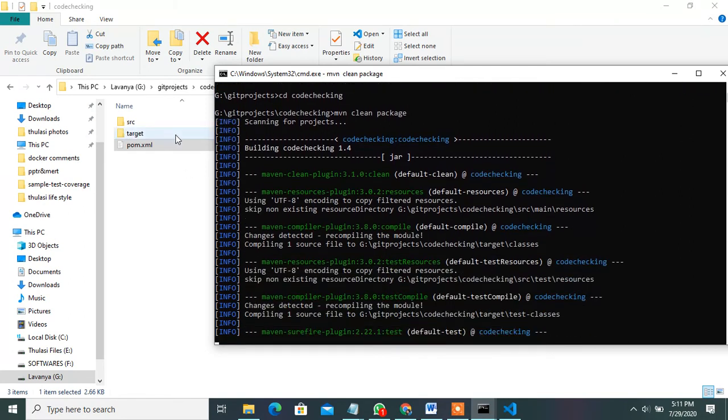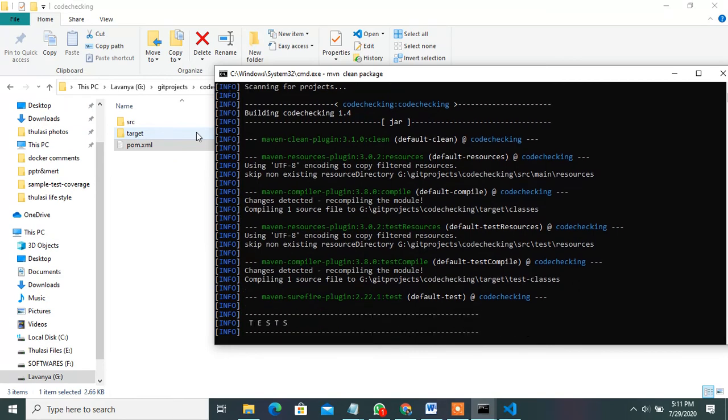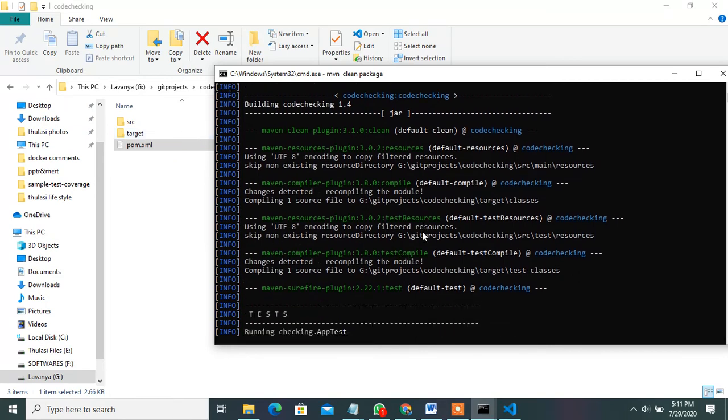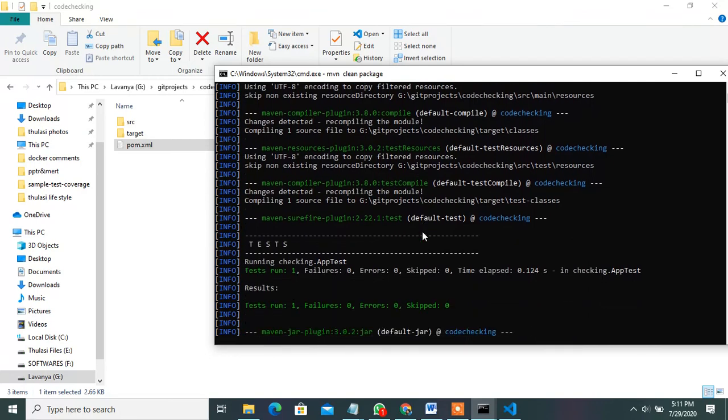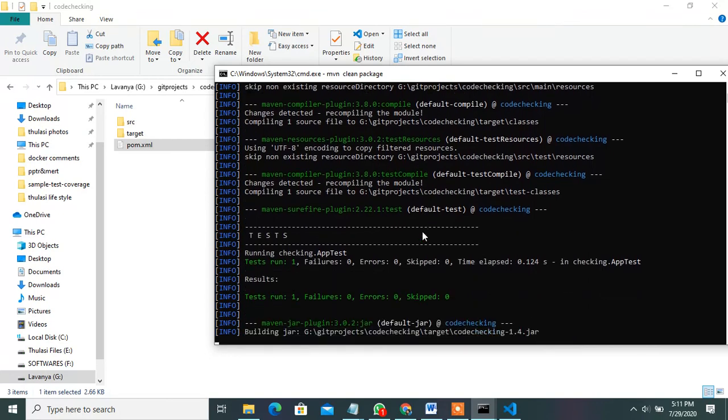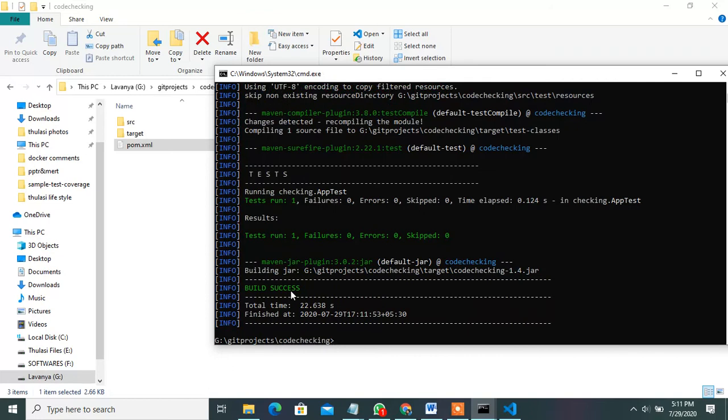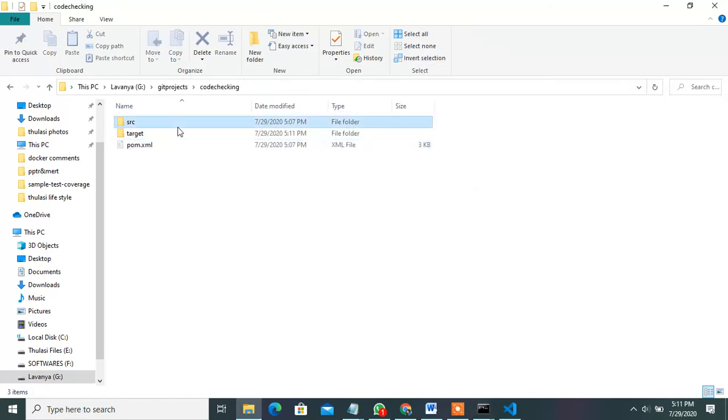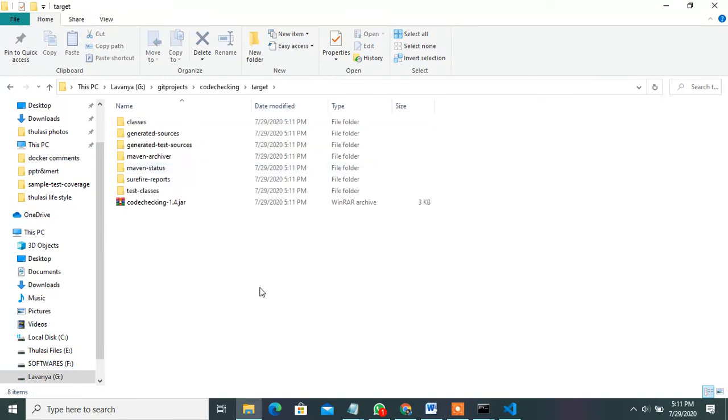See, the target folder is generated. Observe this text, all the Maven goals are running, and the build is a success. Under the target folder you can see the jar file. This project is a jar project, and I am running my own project. Any project will be displayed here.